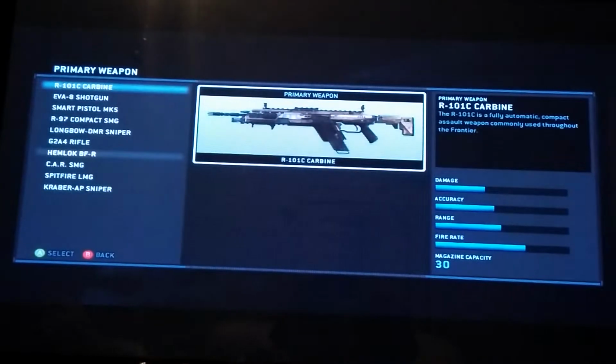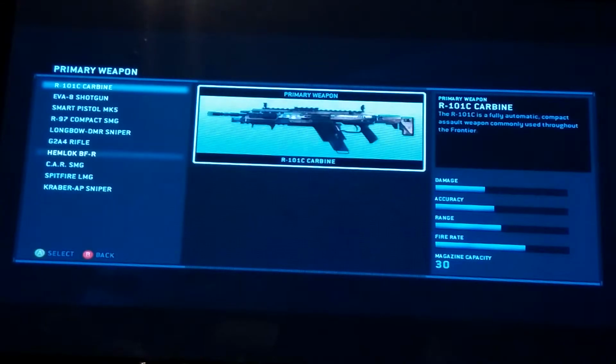Our first weapon on the primary weapon selection is the R101C carbine. It is the only fully automatic assault rifle in the game, used by the assault or soldier class. It has a 30-round magazine capacity. Its fire rate can be increased, but is actually still pretty fast for its